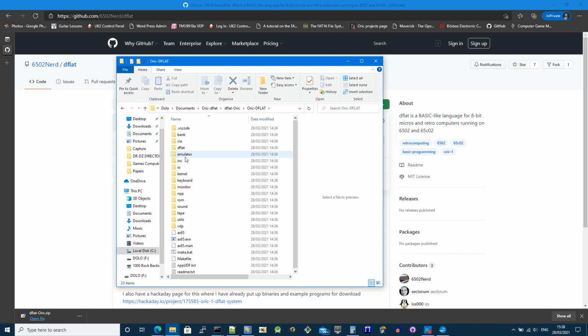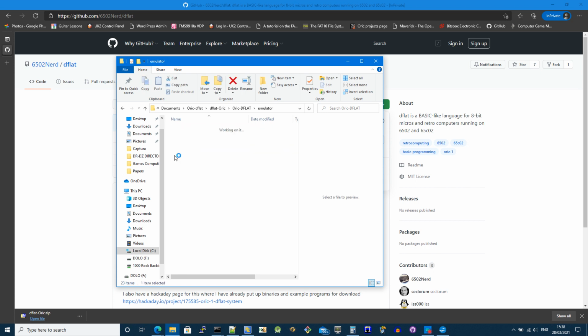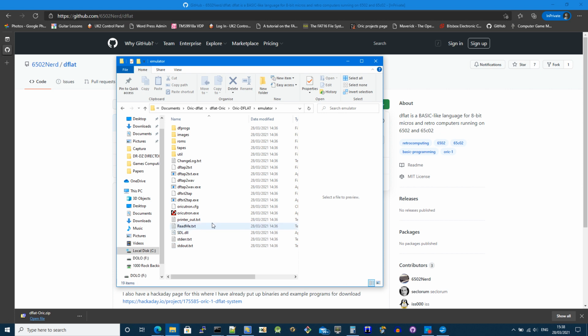But to get started, the important folder is the emulators folder, and in here there is an Oric emulator called Oricutron, which is what dflat runs inside, and there are some images, tapes, and also the ROM files to run the emulator. Now everything's already pre-configured here, so there's not much to do except for double clicking on the Oricutron icon. So I'll double click that,